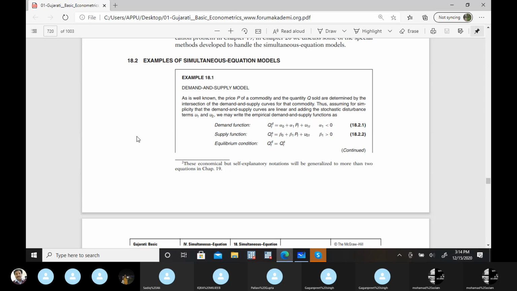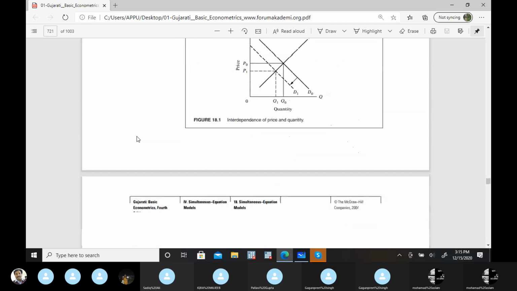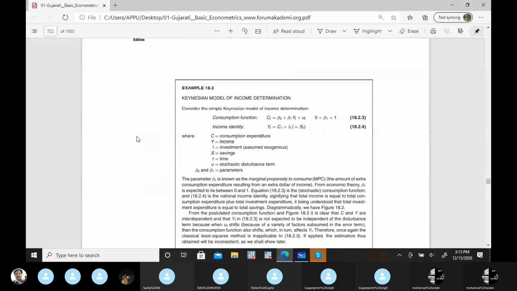Pallavi, yes, that may be, but it's not the tool where we first have data, run it, and then look at it. Even if that's the case, in this demand and supply function we have a graph, and with the graph we can see whether it's a demand or supply function. But let's suppose there is some other model. This is the simplest case, but in place of that, let's look at this particular case. We have this consumption function, right? Then we have an income identity function, that income will depend upon consumption and saving.